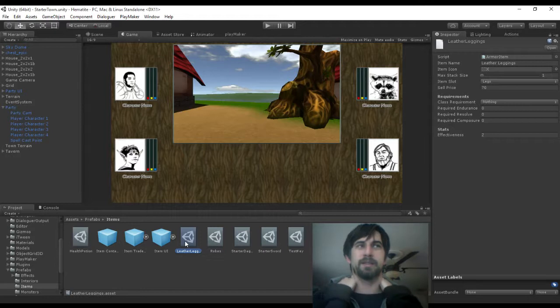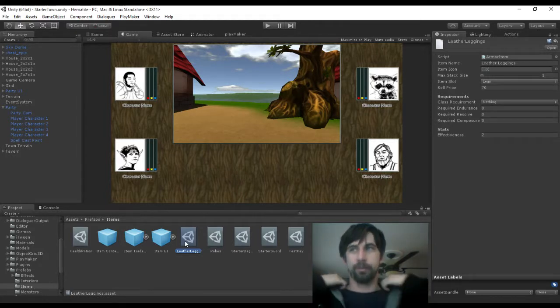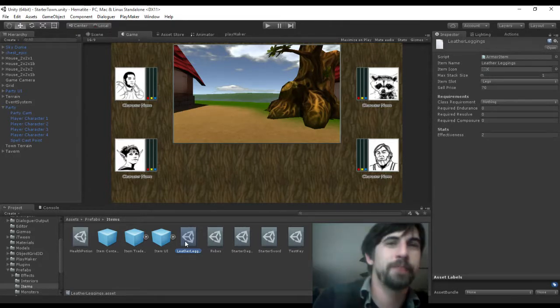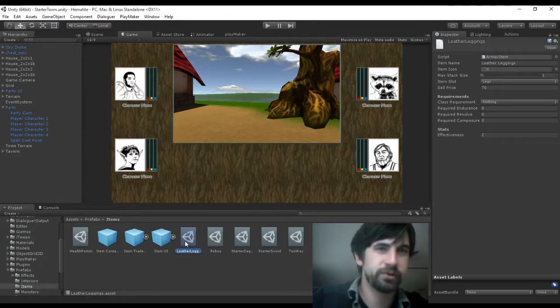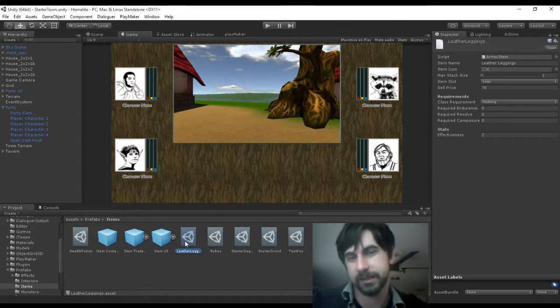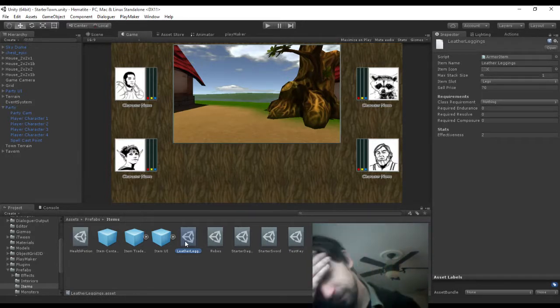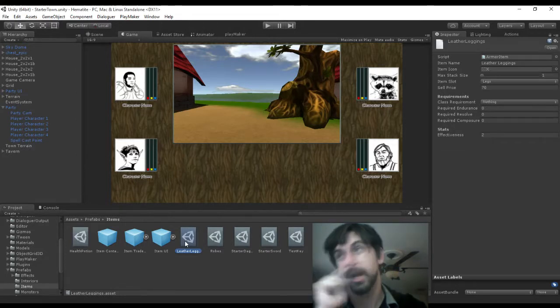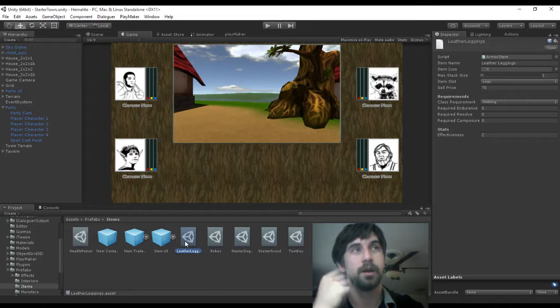Now, I like the stat requirements that I have. The only thing I don't like about that is that it doesn't really do anything except stop certain characters from putting on certain armor. And what I think I need are certain benefits for certain armors that match class types. So, for example, we could have armor that has extra damage reduction on it, right? We could have armor that